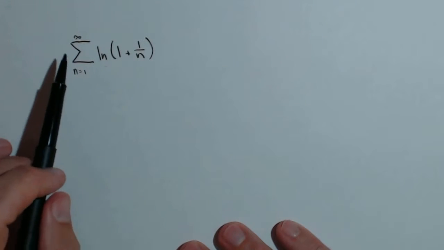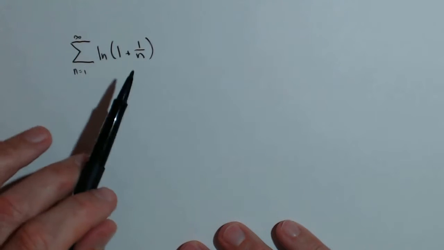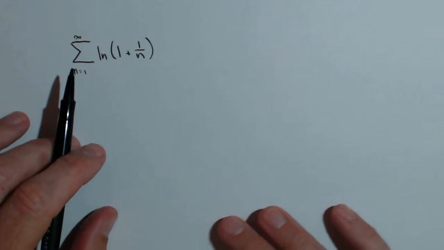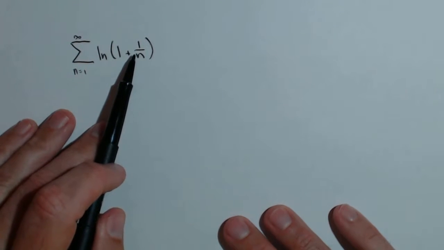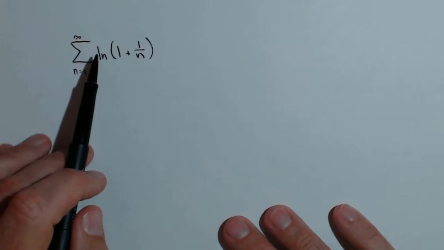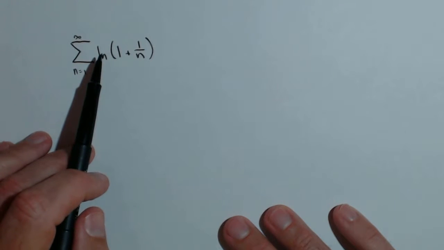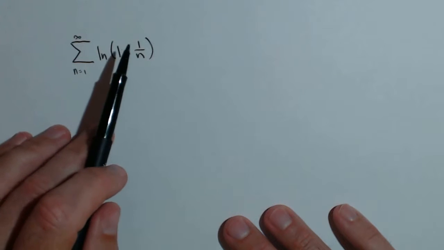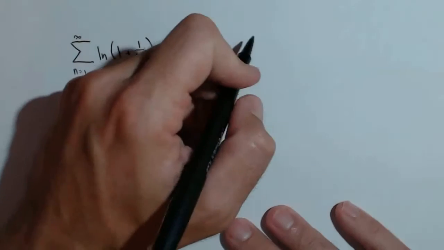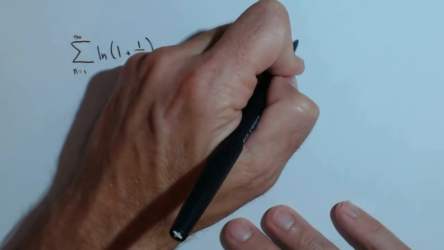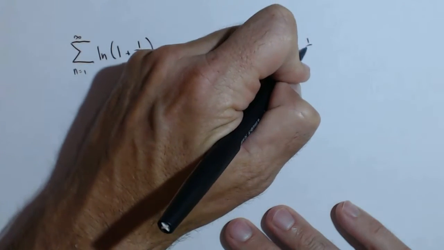So we want to determine the divergence or convergence of the following series. Now, this is not a straightforward one, but what I do notice is the 1 over n here. And I think about what would happen if I were to take the derivative of this. I'd end up with 1 over this times the derivative of basically 1 over n. So what I want to do is take a look at the series 1 over n, which